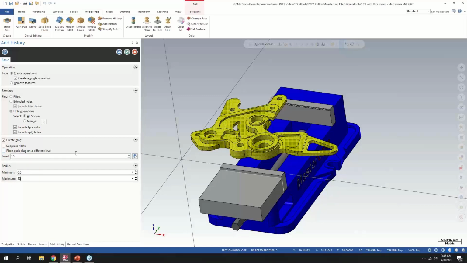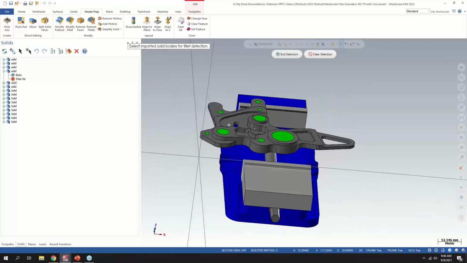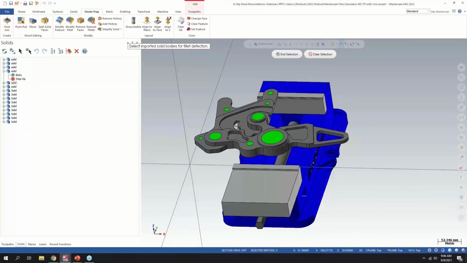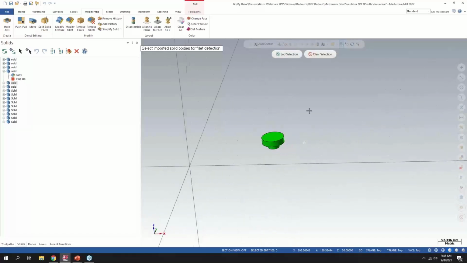It's going to default to level number 1. But if I say OK, now it'll say nine holes were detected in the body, and you can see it creates plugs for all of those features there. If I use the keyboard trick in Mastercam, Alt-E, and I just say select entities to keep on the screen,